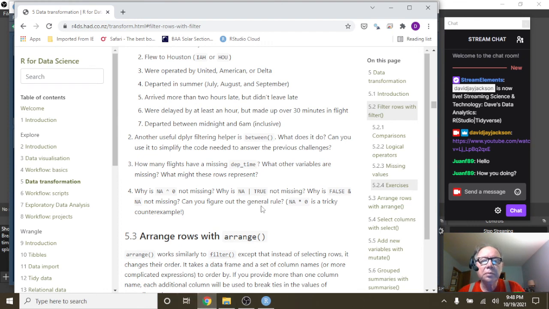Now, how many flights have a missing departure time? What other variables are missing? What might these rows represent? I'm not really sure. Okay, you know what? I'm not sure the answer to this last question here, but anyway,